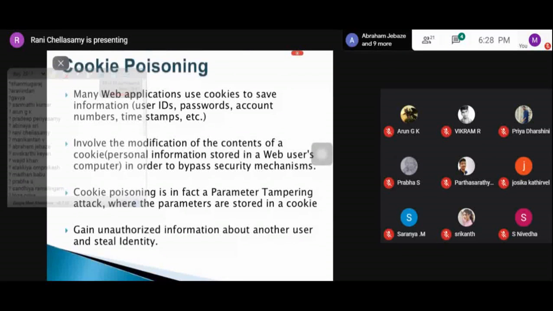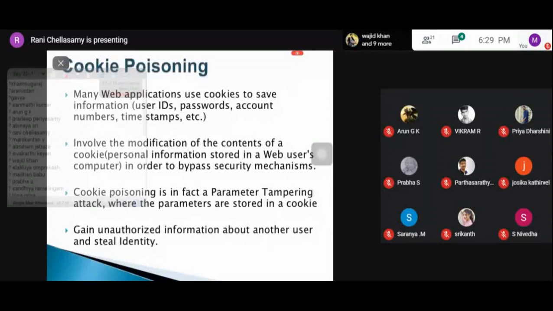The next attack is cookie or session poisoning. Already we have seen that we call the HTTP protocol a stateless protocol. Why? Because HTTP won't keep a trace of the client's history or transactions, the history of the client's information or transactions.